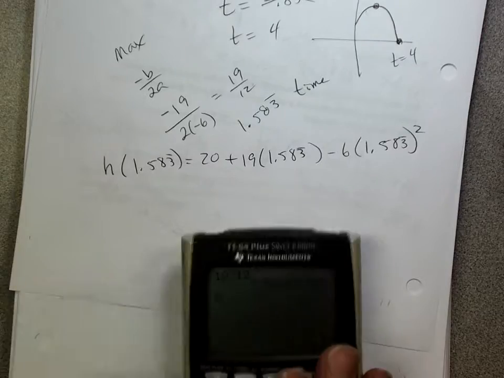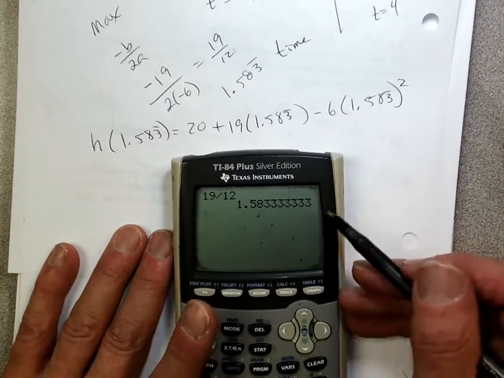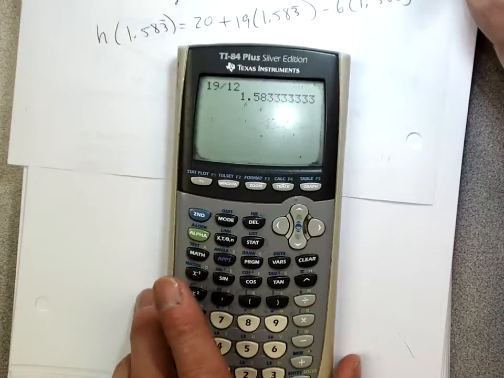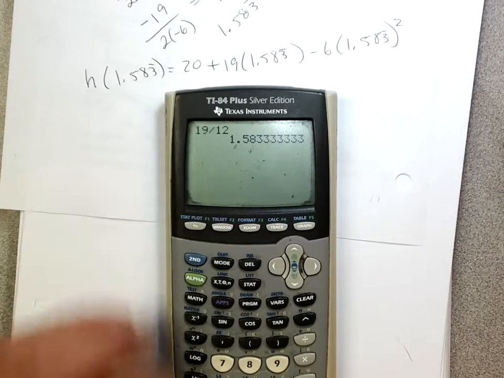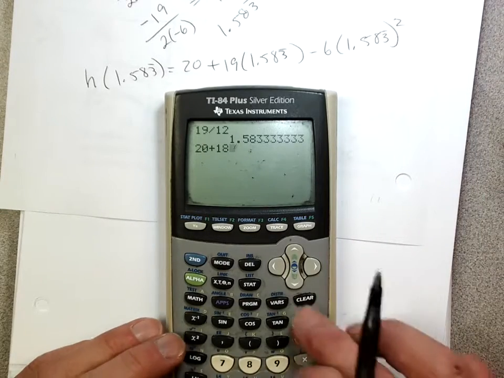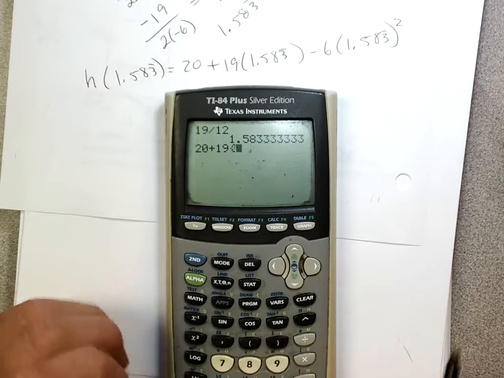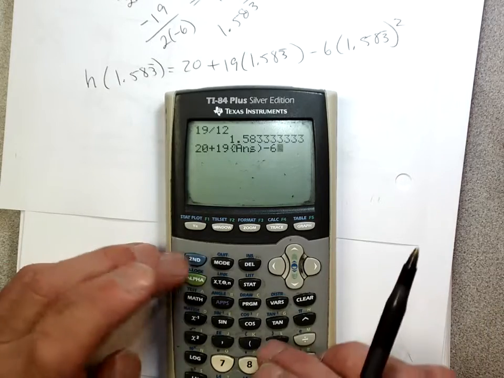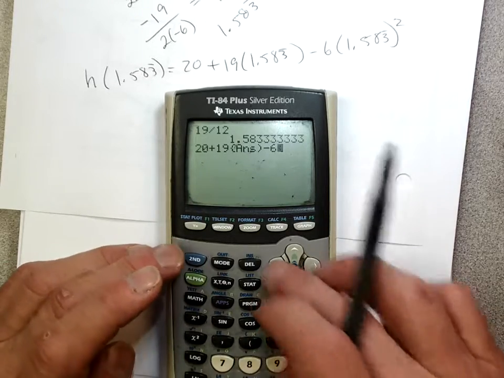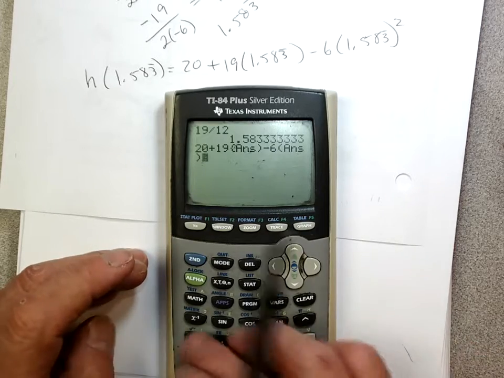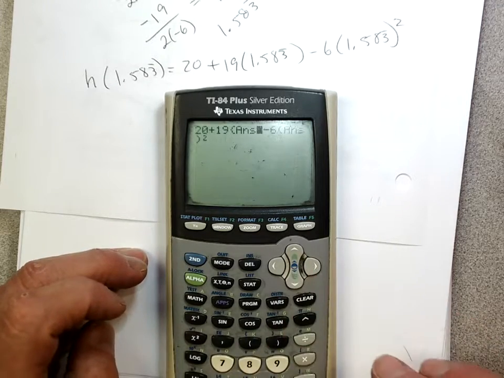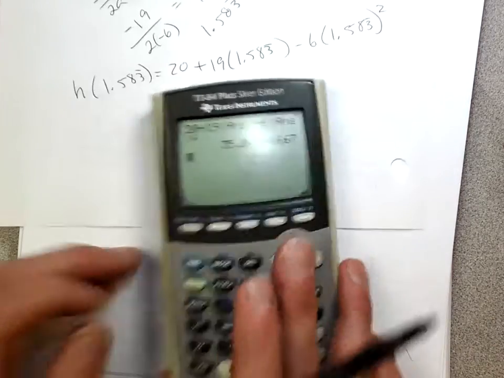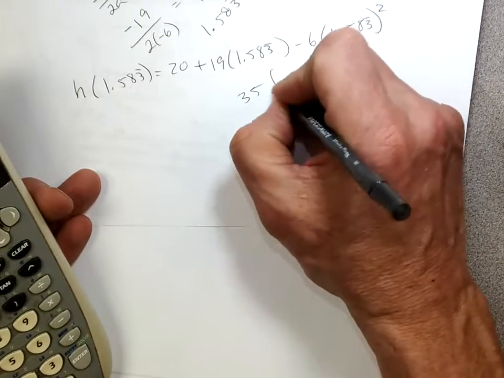And now I'm going to let my calculator do all that. Since I already have this in my calculator as my answer, let the calculator do the work for me. So we're going to go ahead and go 20 plus 19 answer. I like that answer button, right? Because then I get all of those decimals. Minus 6 answer. Oops, let's back up. Answer squared. Didn't like it. What did I do wrong? Oh, it doesn't like this. That's supposed to be that. Okay, now. So I get about 35 feet